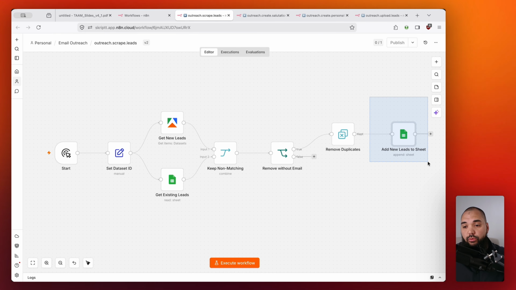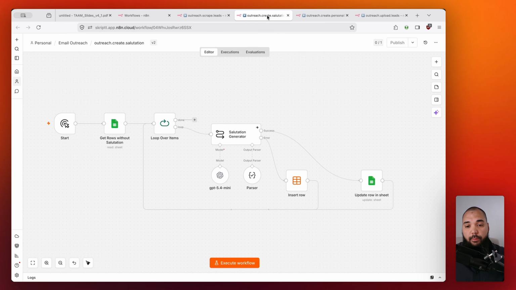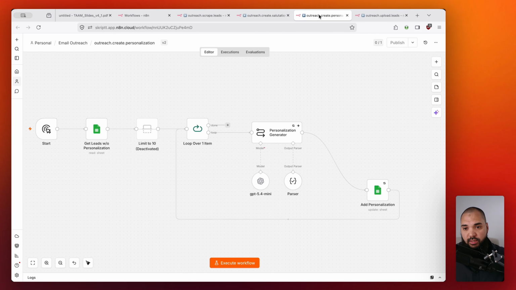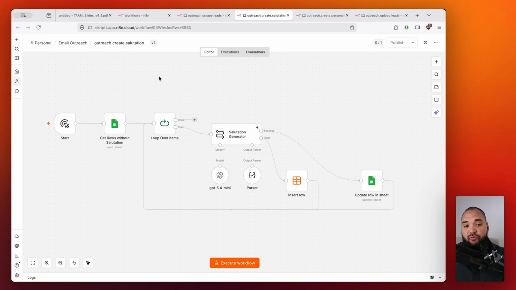So the results are going to be placed into that one sheet, meaning that if, for instance, I look into another flow which also belongs to that whole infrastructure, where in this case I'm going to create a personalized salutation, right? Or even, and I'm going to jump into another flow, create a personalization itself, right? So based on this specific lead and his biography, I would create an interesting introductory sentence for that specific email, right? Now each and every one of those flows refers back to that